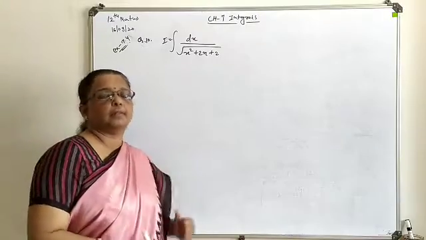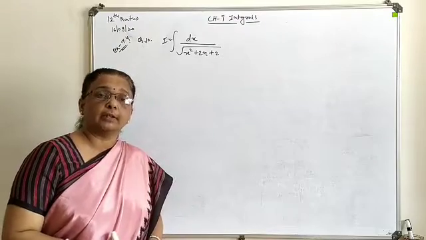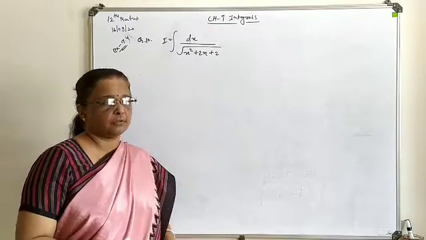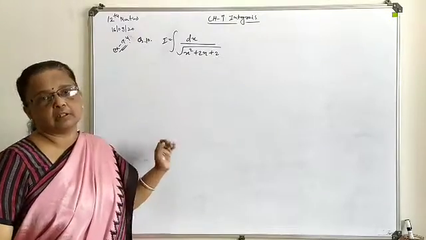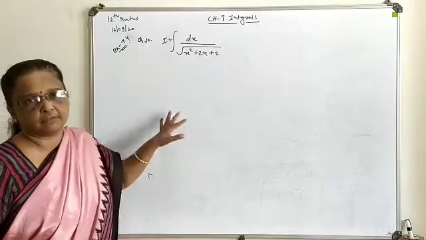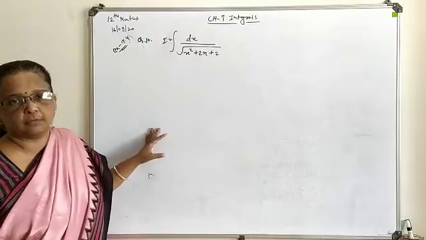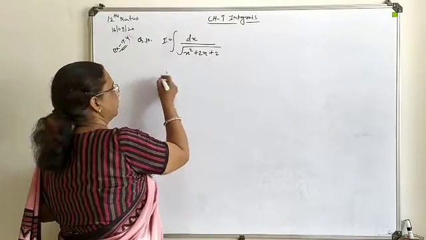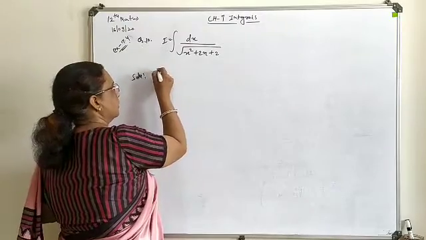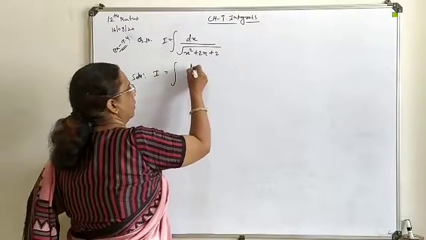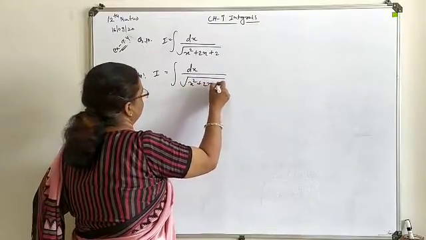Here you can see a direct perfect square term is not available, so we can't implement any of the formulas inside the square root. So first of all, we have to think how we can generate a perfect square with reference to the x variable, and then we will write the respective formula form. So here you see, I is equal to the integral of dx upon under root x square plus 2x plus 2.